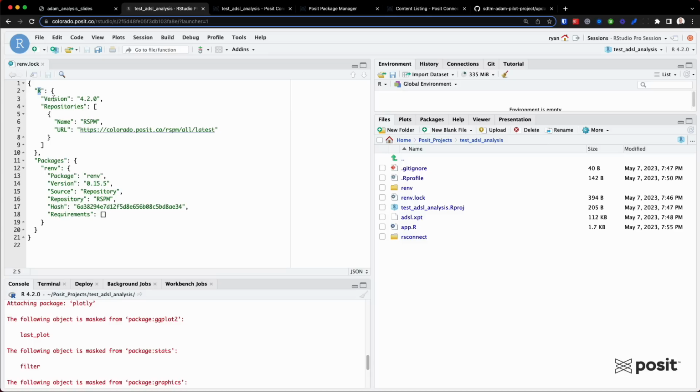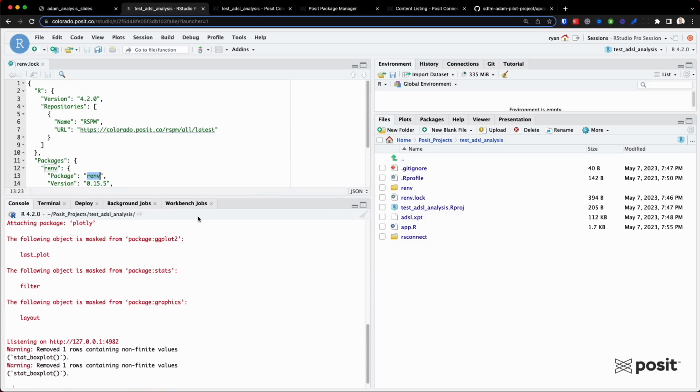You can see we're using R for this project, version 4.2. And here are the active repositories when I first initialized this project, which we'll obviously need to update to reflect our validator repository. Everything below this, starting on line 11 right here, is information about the packages in this project, including which version I need. As you can see, we are only seeing one package here, the renv package. And so we'll need to update this log file to reflect the current state of our package environment.